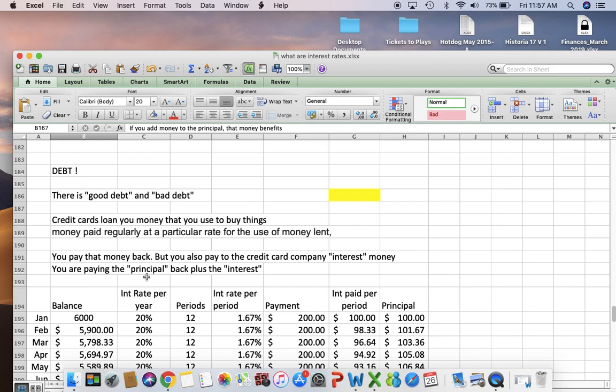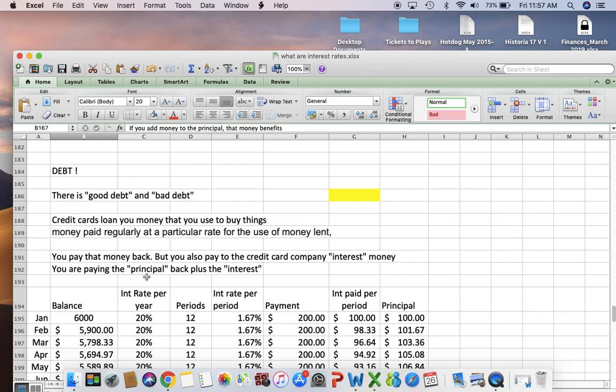Good debt is money you borrow that will increase your value. An example would be you take money out to pay for a Spanish class. Learning Spanish makes you more valuable in the workplace and could increase your salary potential. Another example of good debt is a mortgage when you buy a house. Real estate tends to be a very good investment over time and therefore is considered good.